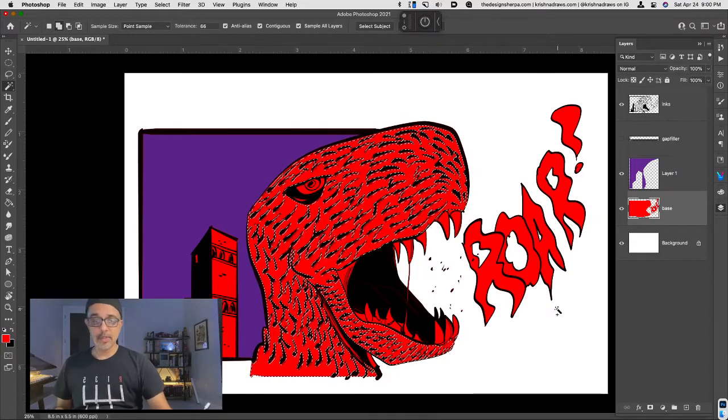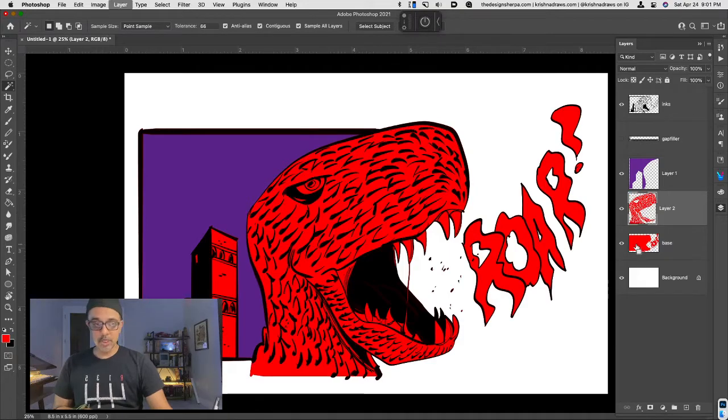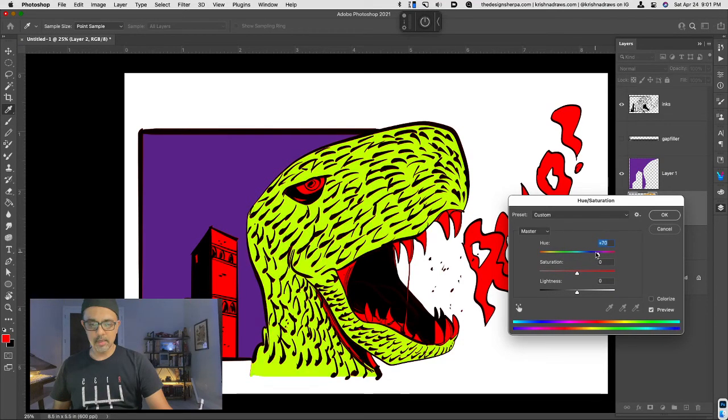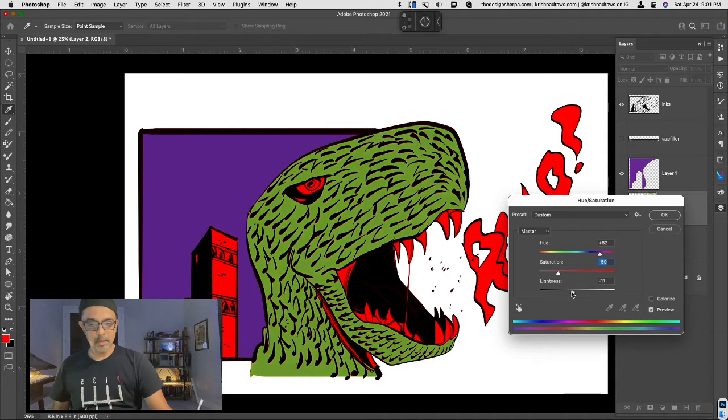And I'm going to go ahead and make sure that I've selected all of the scaly skin. Now I can hit Command J, Command U, and I can dial in the hue. The hue is the tint in this case, so I want to go ahead and choose a greenish value, but I want to desaturate that. I'll bring the lightness down, and I can just dial in this color